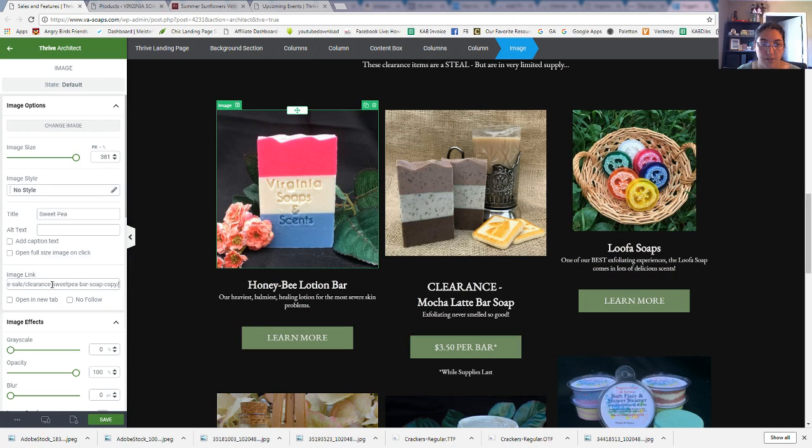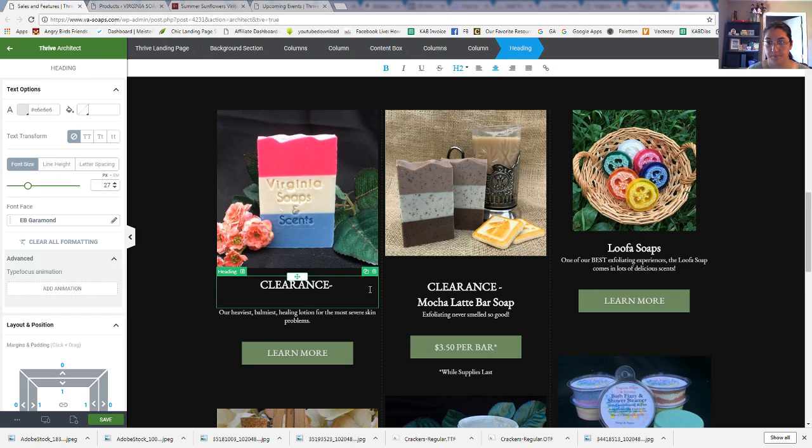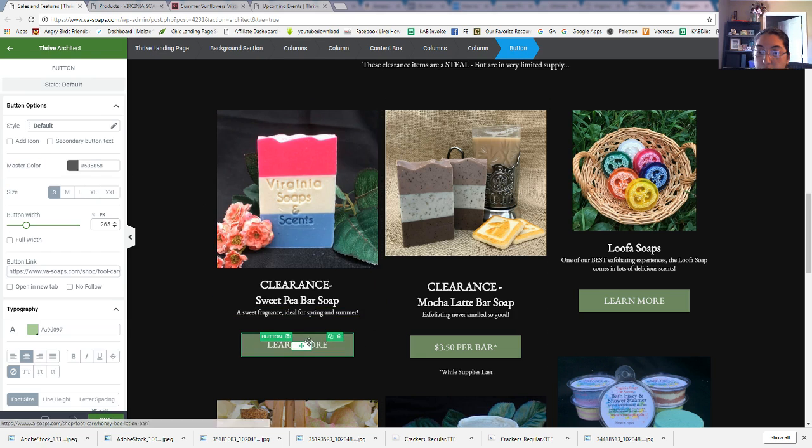to this, just confirm it says clearance sweet pea bar soap. Okay. And let's see, this is clearance sweet pea bar soap. All right, and we can change that description if you want to. I just wrote a sweet fragrance ideal for spring and summer. And we're going to go ahead and change this one to say,